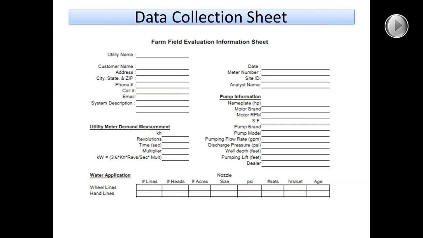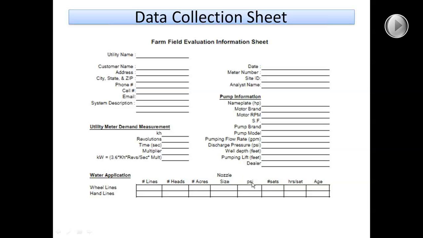The next line that we start, now this is half the sheet, and so water application is a whole section of equipment, and we'll see some on the next page. This first section is talking about wheel lines and hand lines. If they have wheel lines and hand lines on their system, we want to know the number of lines, how many sprinkler heads per line, and we can make notes if it varies, if they're not all the same, about how many acres they irrigate under wheel lines or hand lines, what their nozzle sizes are,